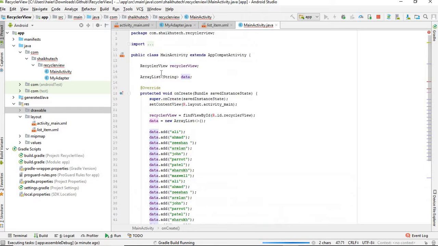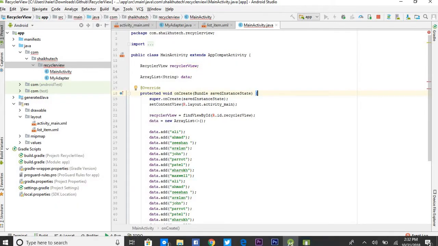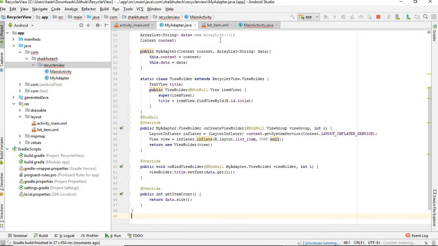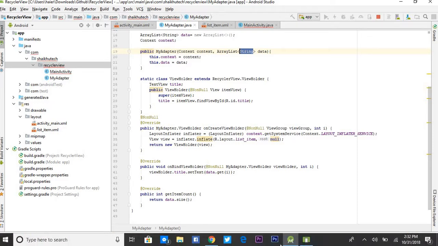You can create a custom data type, for example you can create another class for that, and you can have a string title as well as an image view, bitmap object in that, so that you can use your custom array list here. Then you need to just change it right here inside there. You can give your custom type. Alright,